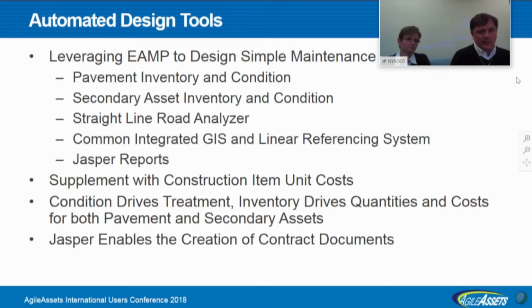You can now do what I think Stan calls his simple paving projects in 15 minutes. Because now you take the information that you have in your asset management system and combine it with the unit costs that you have from your construction system,